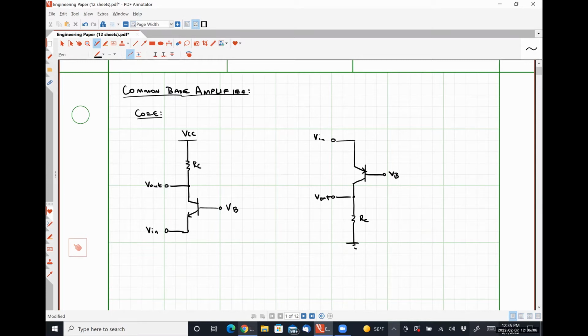And I did not mention this previously, it slipped my mind, so I apologize. The small signal model for a PNP transistor is literally identical to the small signal model for an NPN transistor. You don't have to change any signs, any directions, or literally anything. The exact same small signal model works for both. Okay. All right, so